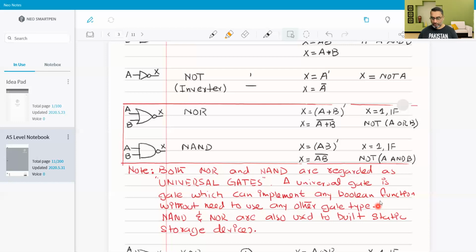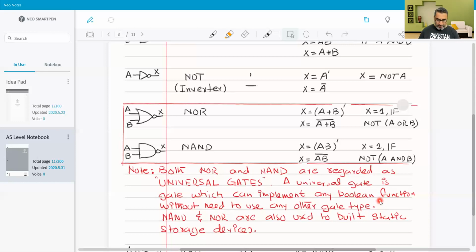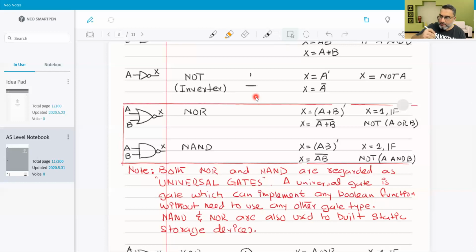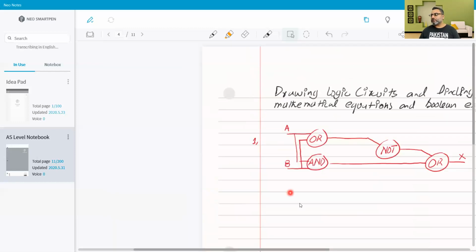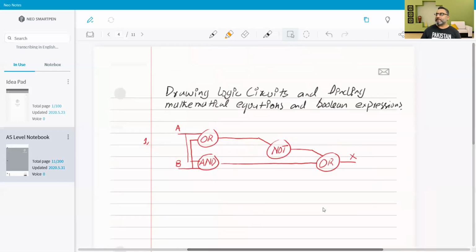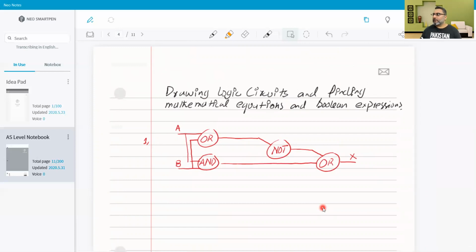So let's go further. Now, drawing logic circuits and finding mathematical equations and Boolean expressions. A few things before we go any further, I would like to assert that you should try not to